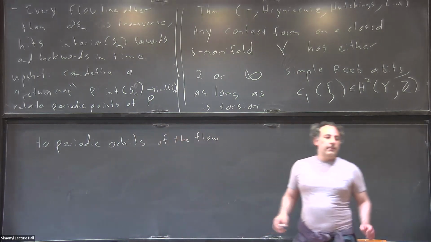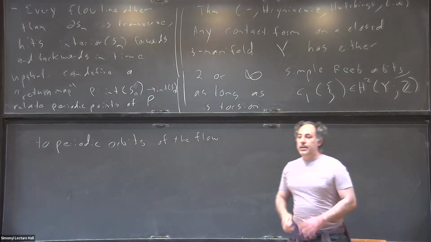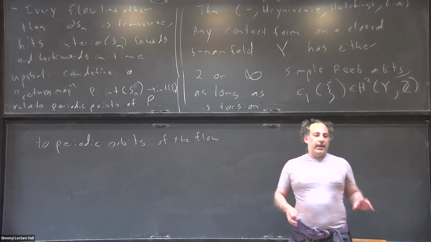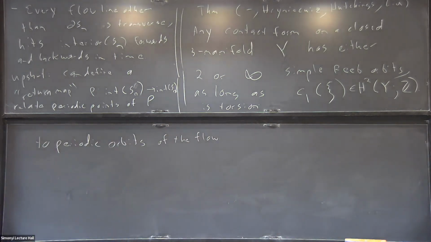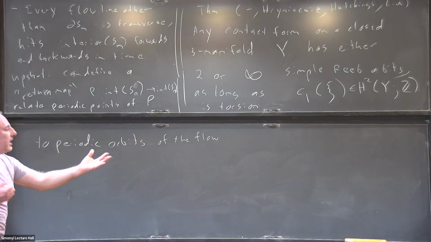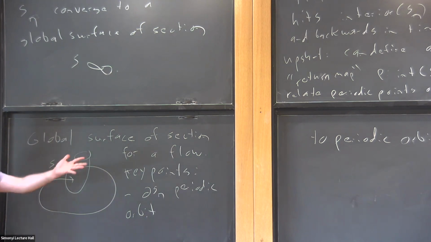Okay, so maybe I'll stop there in case you have any questions. In any event, the good buzzword would be dimensional reduction. So the picture I want you to have in mind is, remember I have these lambda_n converging to lambda. I have the Reeb flow for lambda_n, and if I have a global surface of section like this, then if I want to count the periodic orbits for the flow, instead I can just count the periodic points for this return map. So I've reduced the dimension by 1.